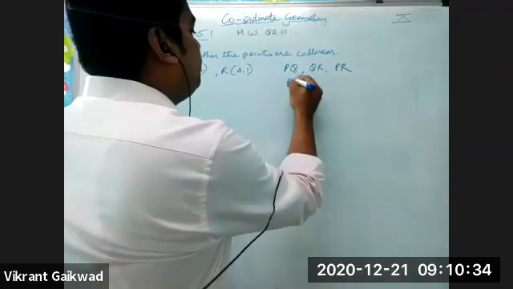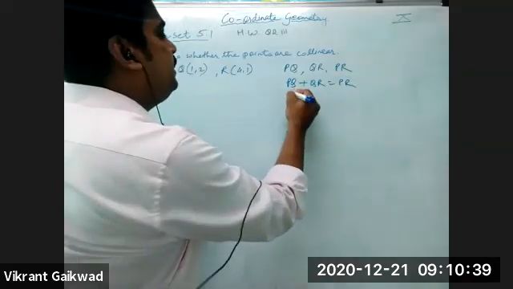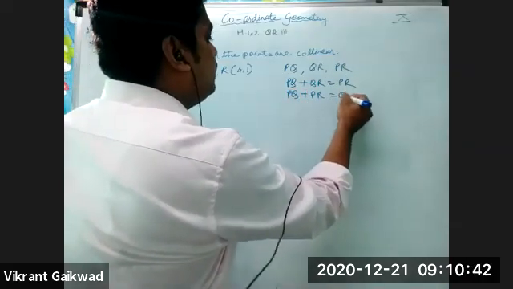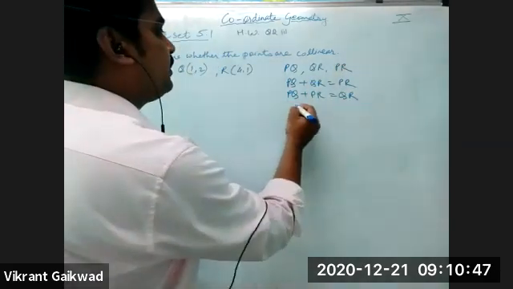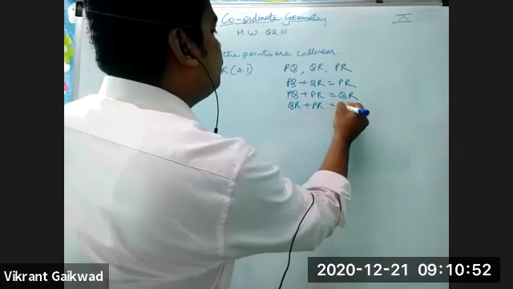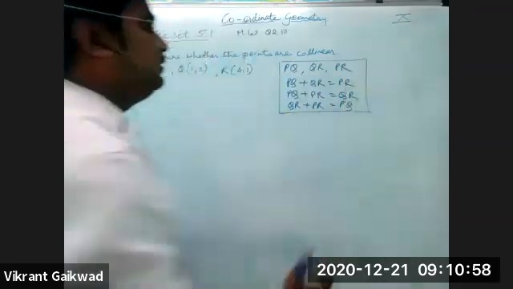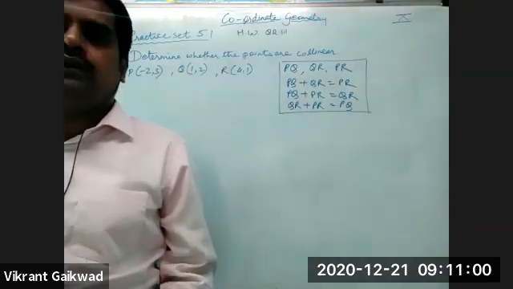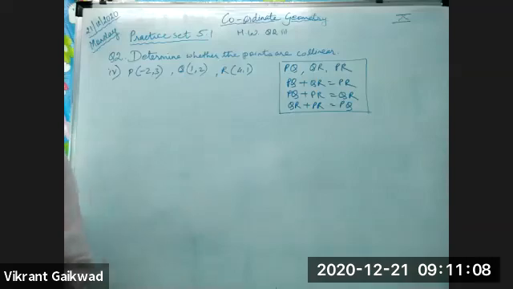Okay. So now in this, what will you get? Either you should get PQ plus QR equals PR, or it can be PQ plus PR equals QR, or QR plus PR equals PQ. It can follow any of these equations. We don't know which side is smaller and which is greater. So out of these three, whichever equation you get, the points would be collinear.